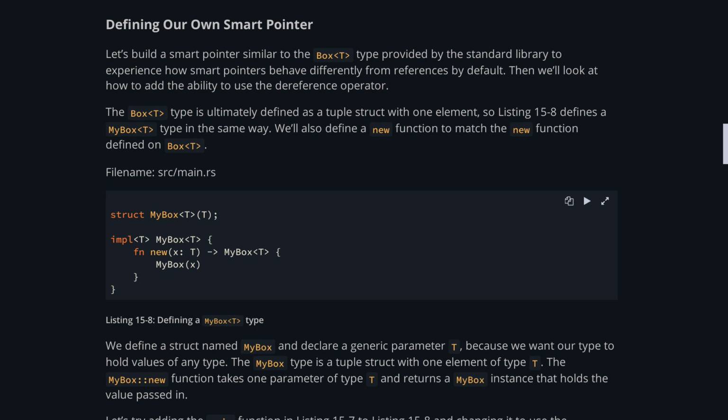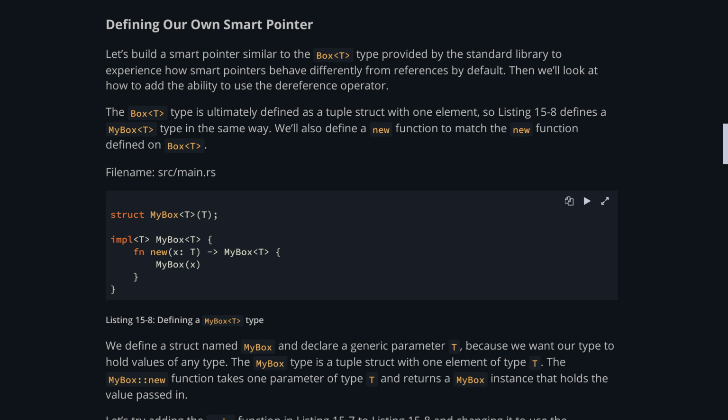We'll also define a new function to match the new function defined on Box<T>. struct MyBox<T>(T); impl<T> MyBox<T> { fn new(x: T) -> MyBox<T> { MyBox(x) } }